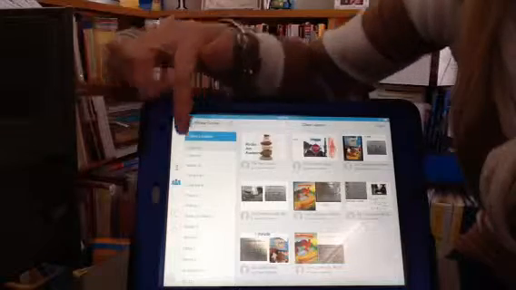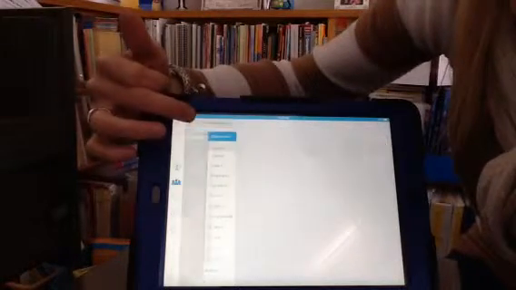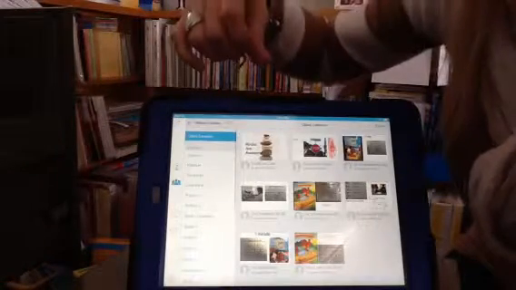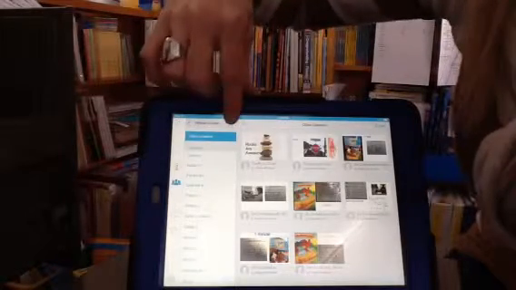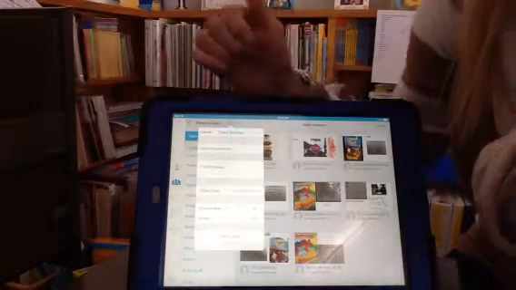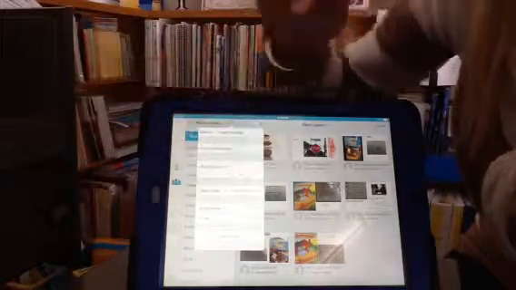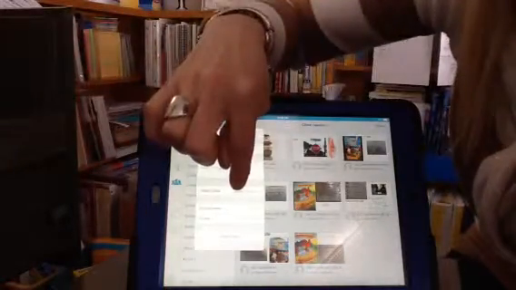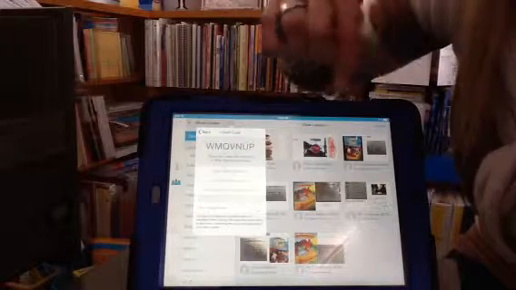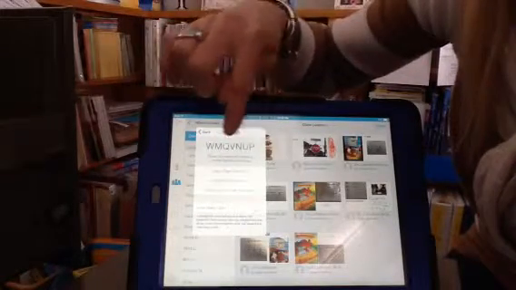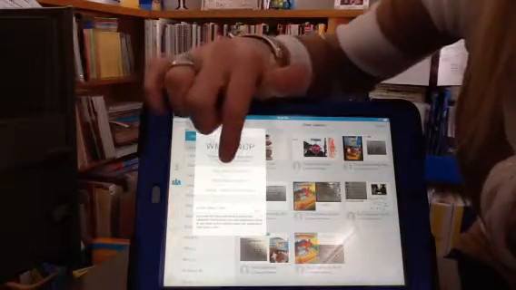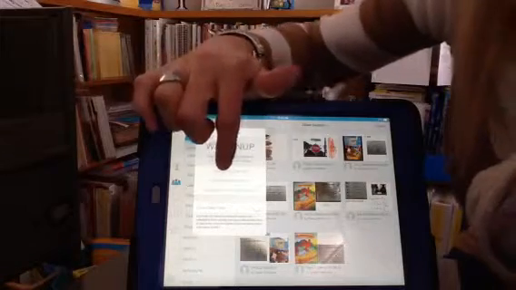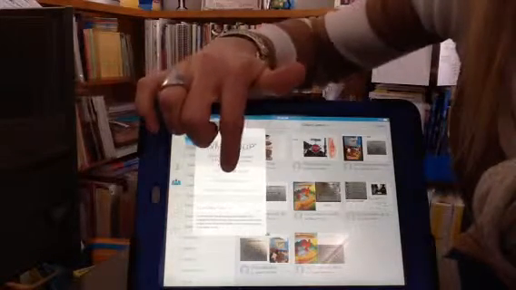So right up at the top, I'm going to go back just to show you again. You select the class, and then at the top there's this little wheel, so you'll just want to open that. That's the settings. And once you're in here, there's a class code, and that's what all of the students need to open a class. So you'll select that, and it shows you the class code, so you could write it down. The quicker way to do it, I think, is to copy the class code link. So I'm just going to copy it,